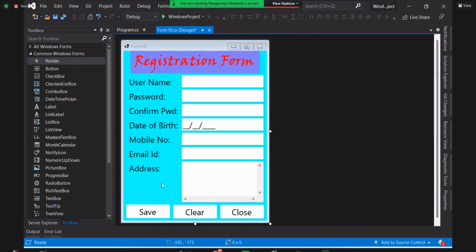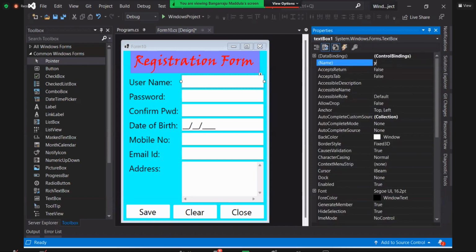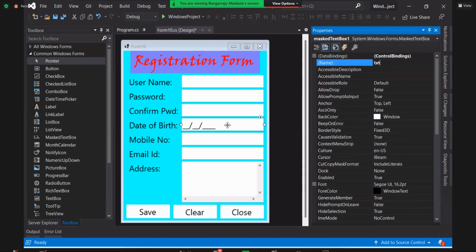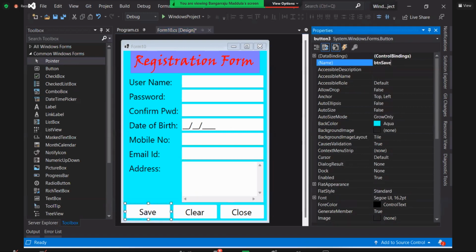Then also don't forget to give a name to each and every control. Okay? This is txt name, txt password, txt cpwd is the confirm password, txt dob, txt mobile, txt email, and txt address. btn save, btn clear,